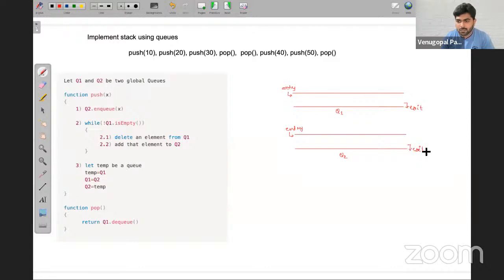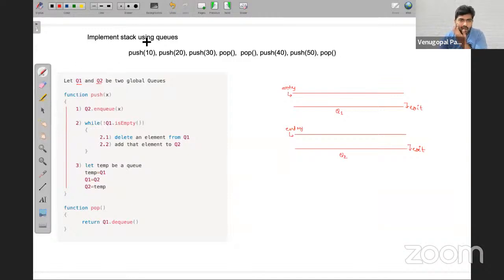This is a very important question, please listen. I have taken two queues. Again, this is not related to any particular programming language. Since many students here are from different programming language backgrounds, I have taken only the algorithm, friends. From the algorithm, you can easily implement it in whichever language you are comfortable with. Now I have taken two queues, Q1 and Q2, to be global queues. Global queue means it can be accessible anywhere in your program.